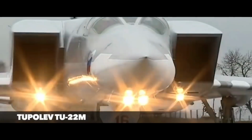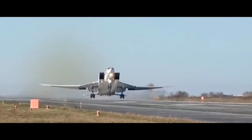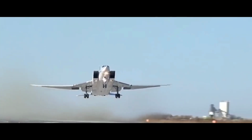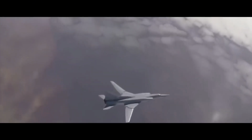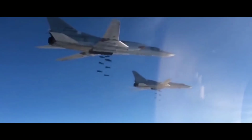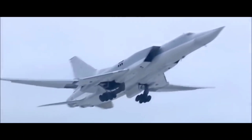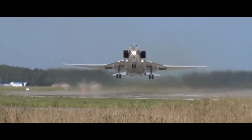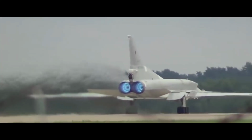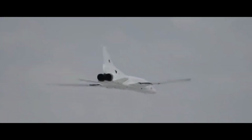Tupolev Tu-22M. The Tu-22M bomber, NATO reporting name Backfire, is a supersonic long-range strategic and maritime bomber manufactured by Tupolev and currently operated by the Russian Air Force and Russian Naval Aviation. The Tu-22M bomber performed its maiden flight in 1969 and entered into service in 1972. It was first deployed in Afghanistan from 1987 to 1989, and since then a total of 497 Tu-22M bombers have been built. It is powered by 2 Kuznetsov NK-25 turbofan engines, installed in the body with large air intakes